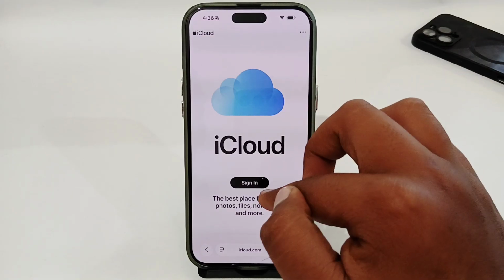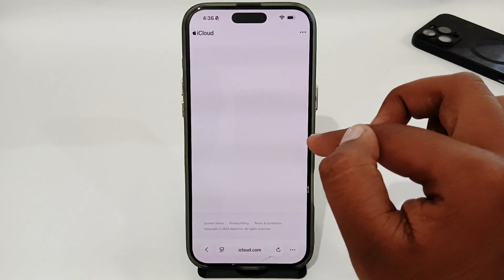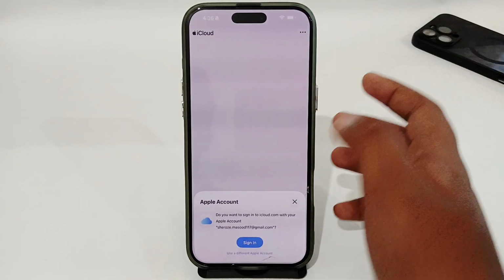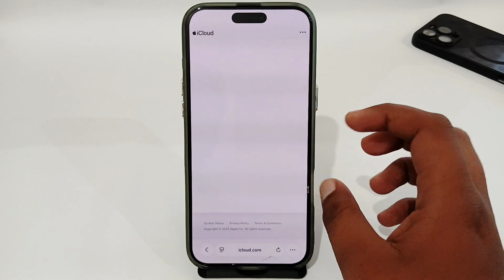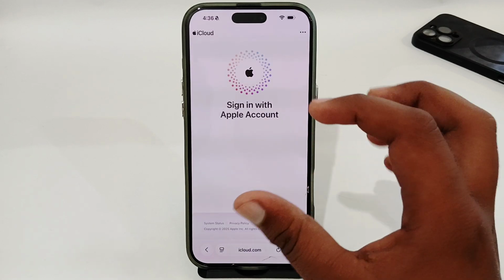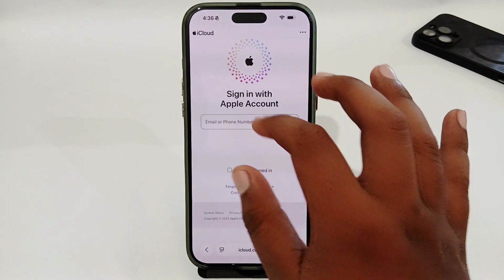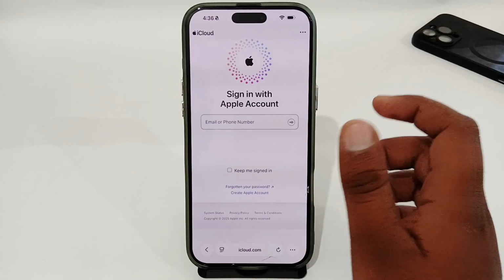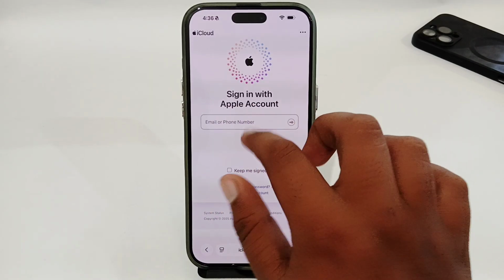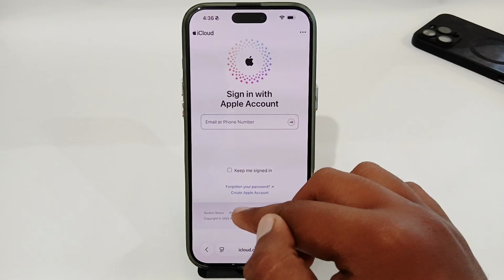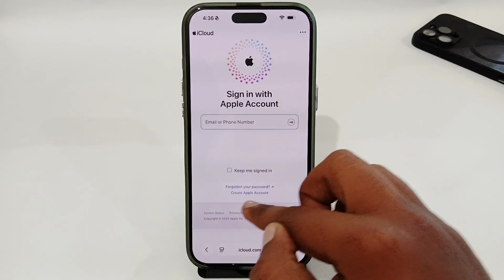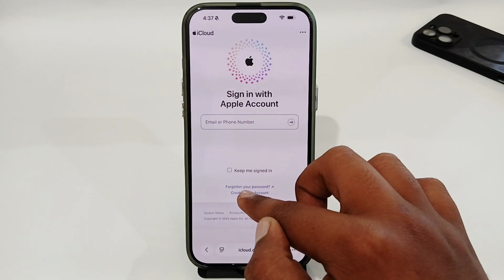and here you have to tap on the sign in option, and then cross this, and you will get this screen that you have to sign in with your Apple account. Here, if you have an account, you can easily log in here, or if you don't have any account, you have to tap on this create Apple account option. So tap on that option,